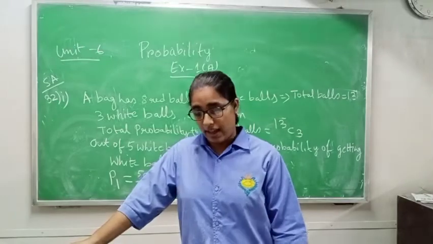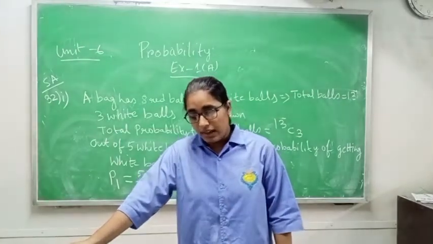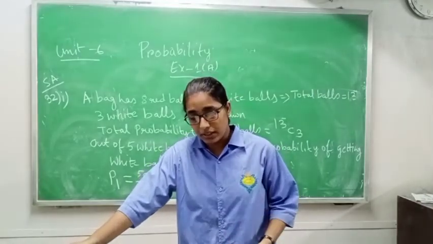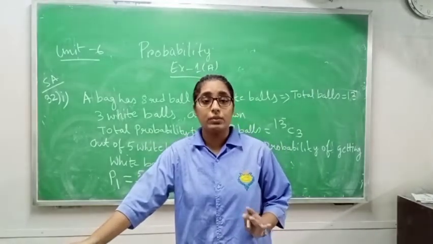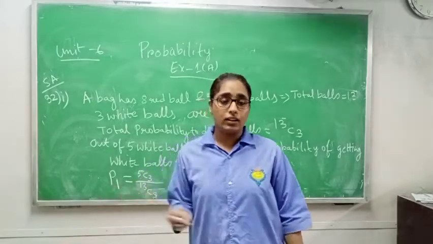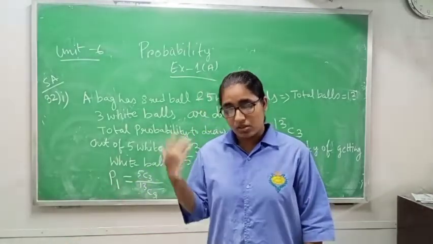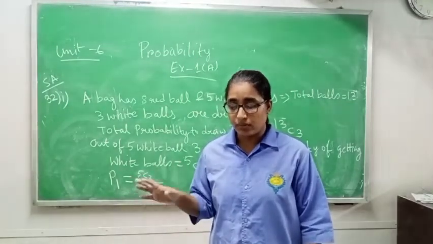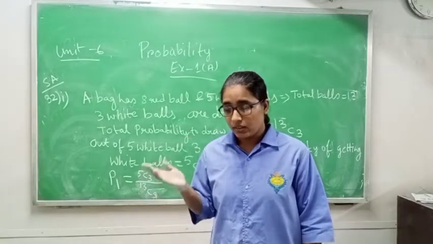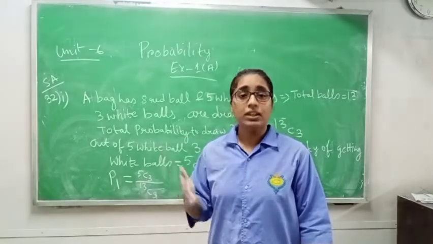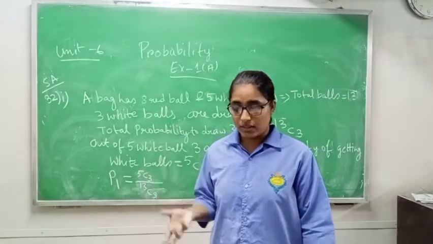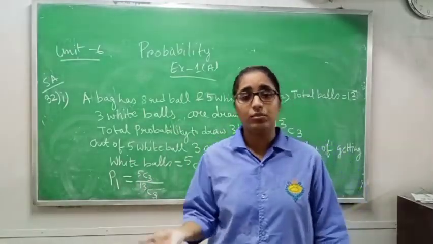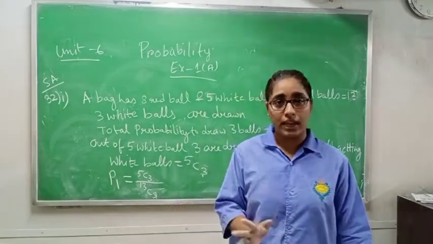So, a bag has 8 red balls and 5 white balls. 2 successive draws of 3 balls are made without replacement. Means there will be no replacement. We will not be able to add them again. So 3 balls are taken out. They are asking to find the probability that the first drawing will be 3 white balls and the second 3 red balls. First time they are drawing 3 white balls and second time 3 red balls. We have to find this.